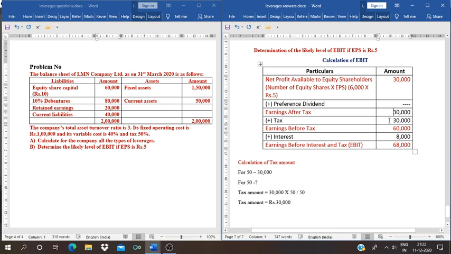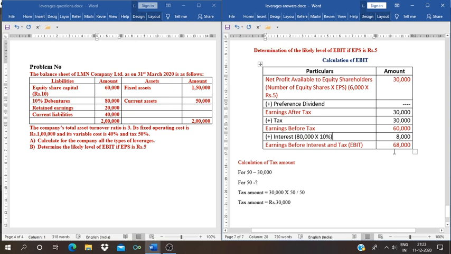Then we add, 60,000 is the earnings before tax. Then interest. How to calculate interest? The same procedure: the debenture amount is 80,000 into 10% is 8,000. Earnings before tax plus interest is the earnings before interest and tax. They have asked us to calculate EBIT when EPS is rupees 5. When EPS is rupees 5,